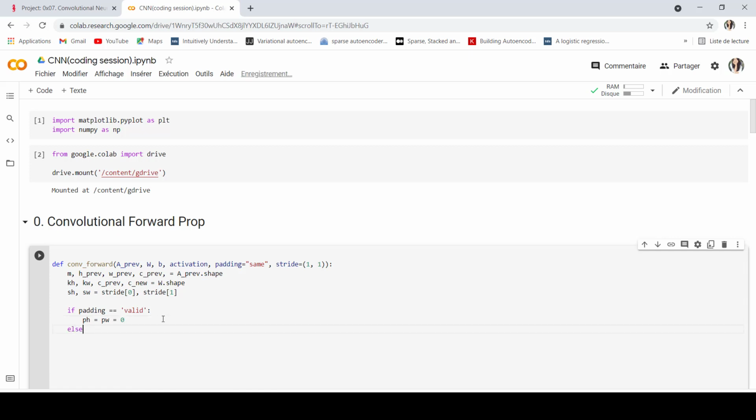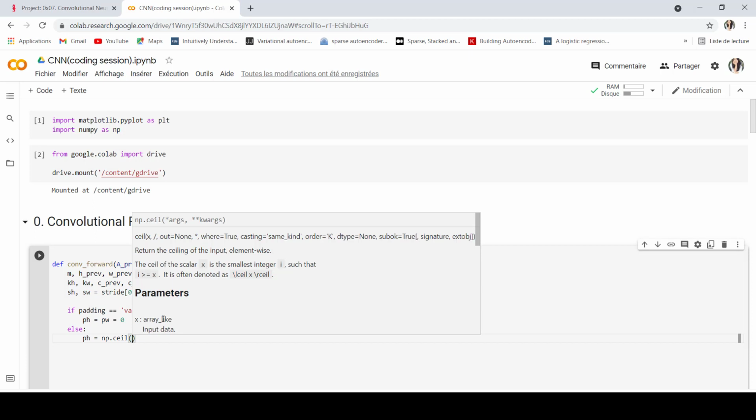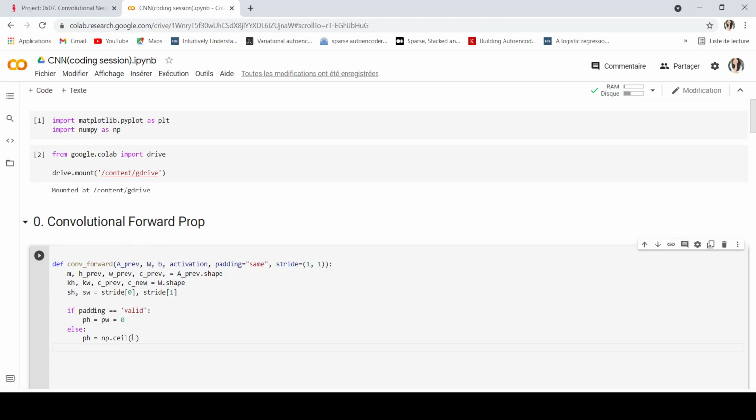Else we are going to have the same padding, and we have some calculations to do for ph and pw. As you already know, the formula for ph is going to use np.ceil. We already did this, and I showed you how we can calculate this ph. We want the dimension of the output to equal the dimension of the input.